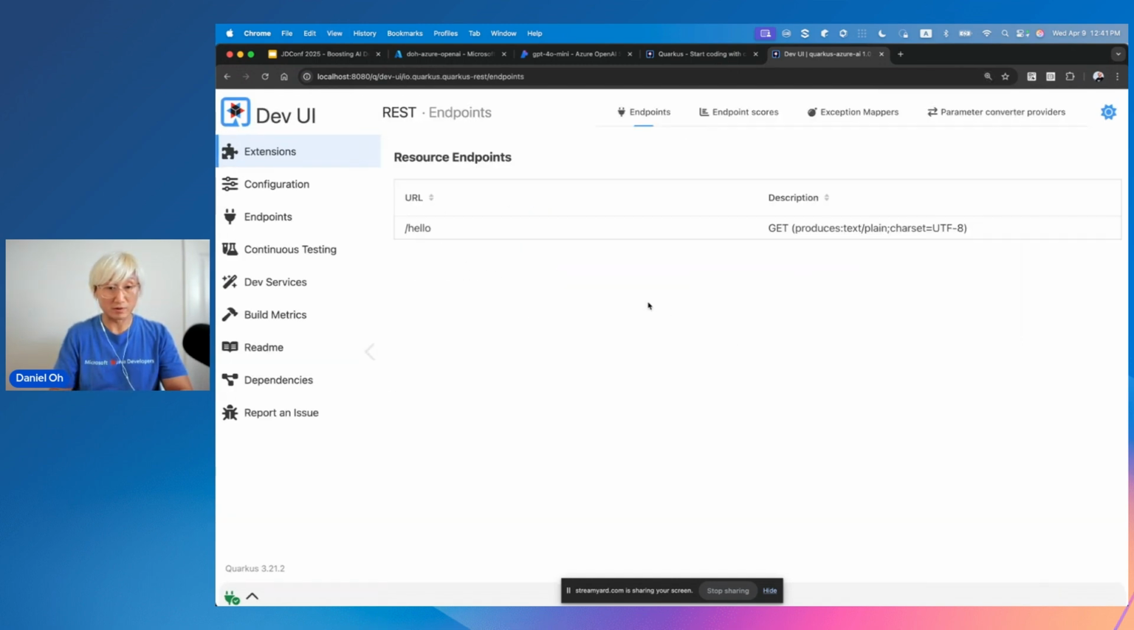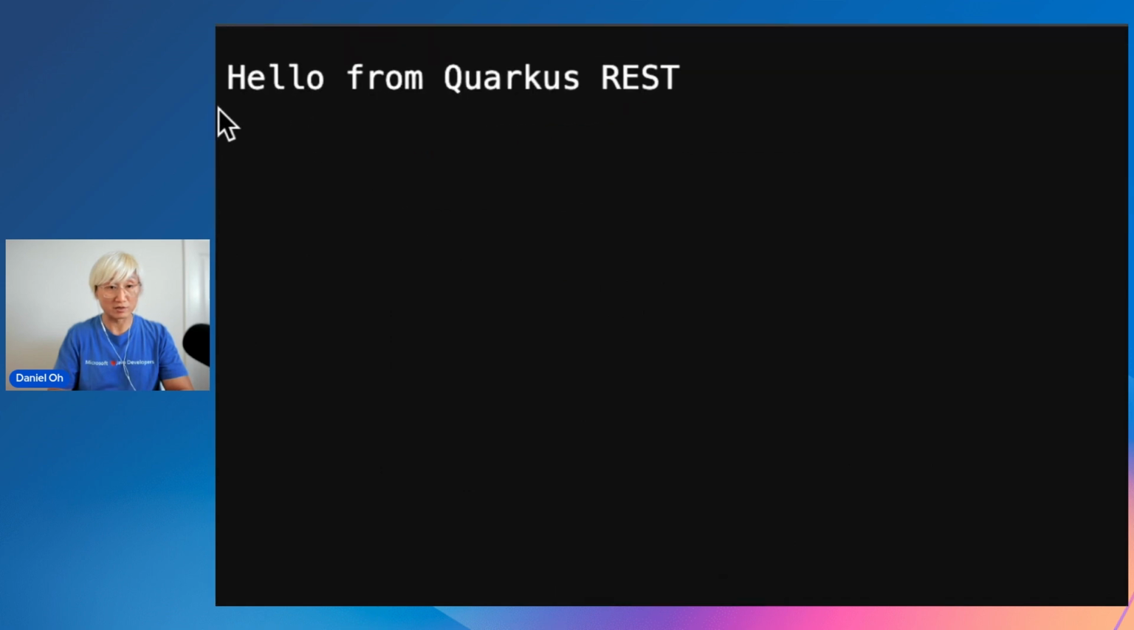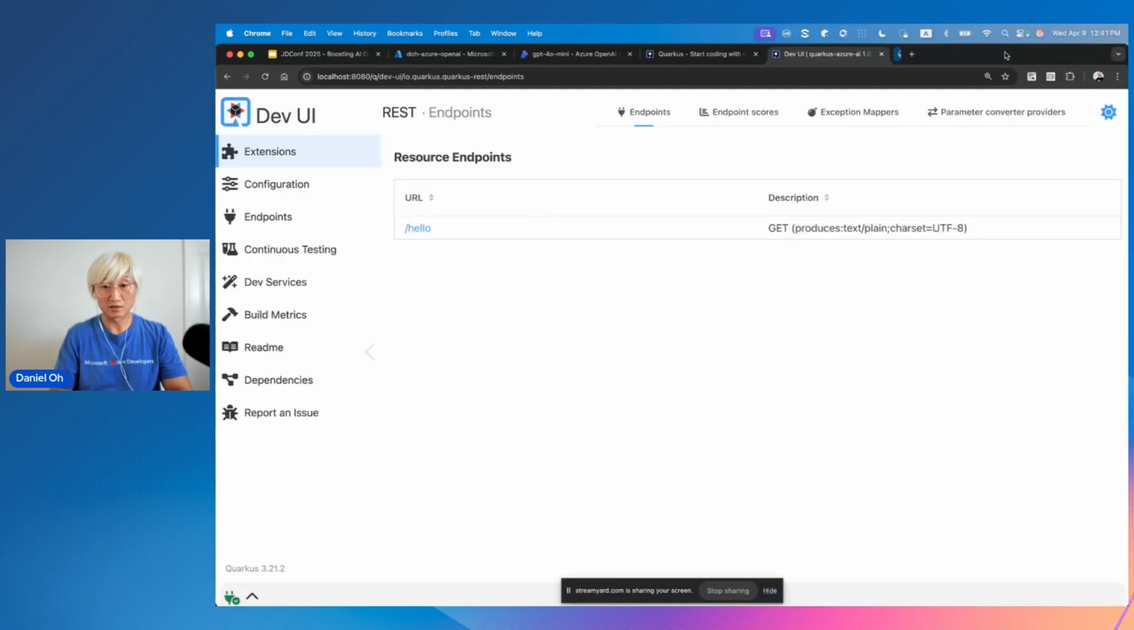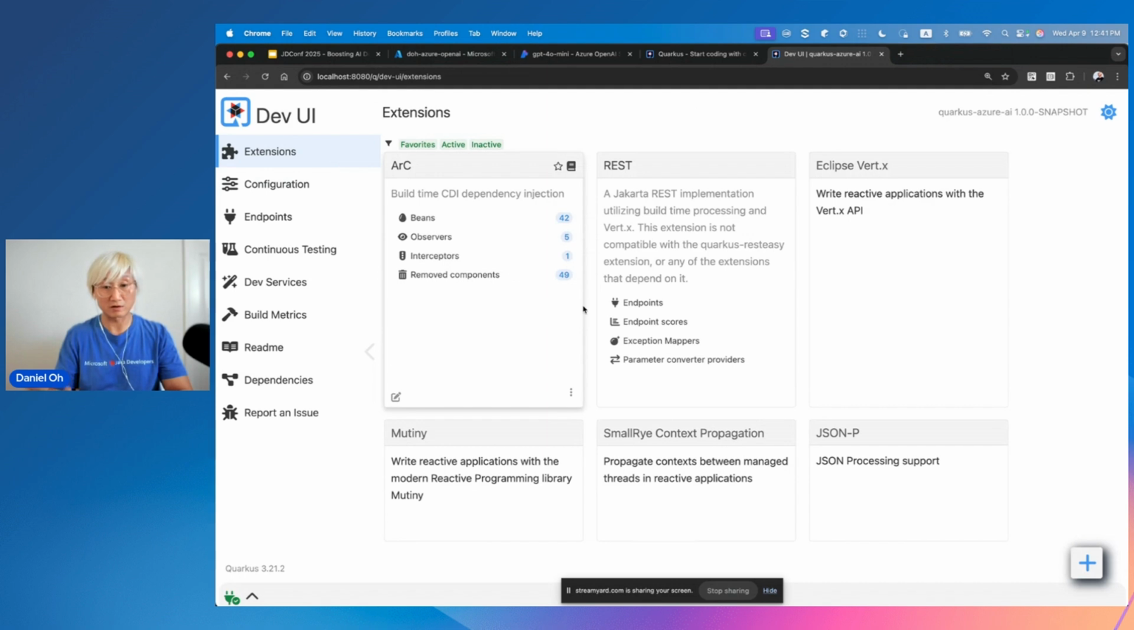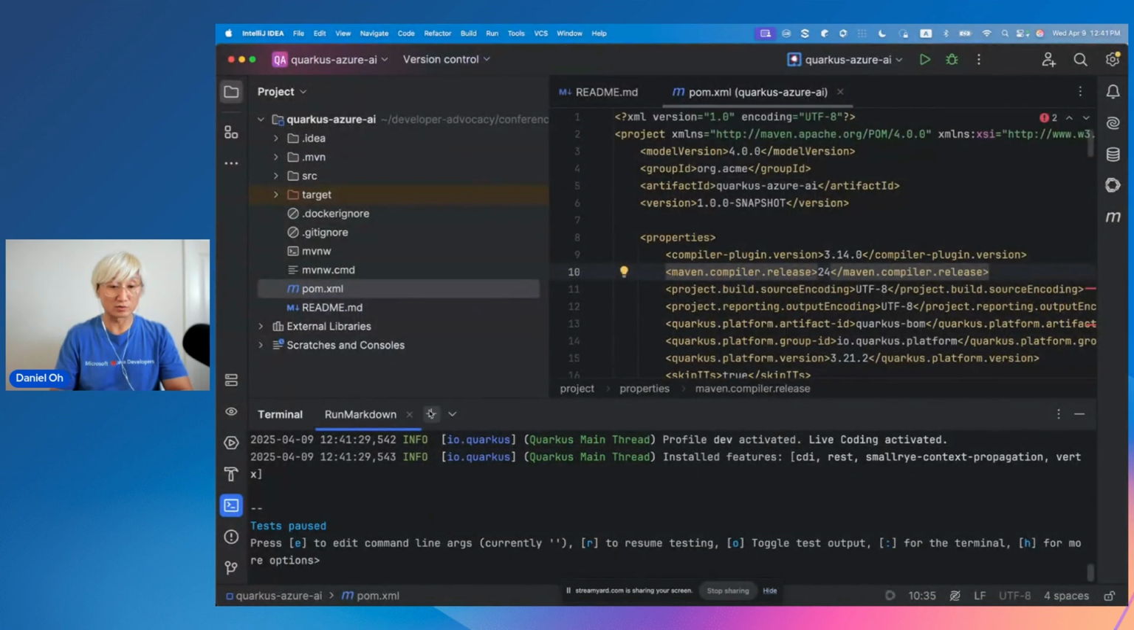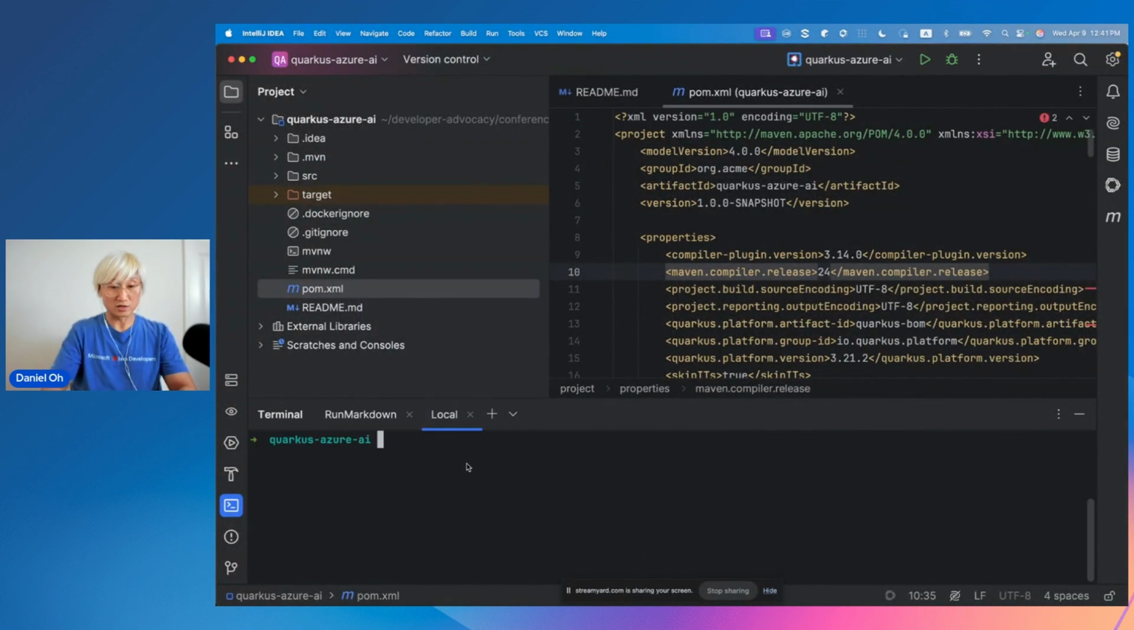And then Java REST API, and then hello is a simple application, hello world Quarkus REST. And then there's nothing in there. That's very simple, like a hello world. So now I'm going to add, let's say, Quarkus, add extension,